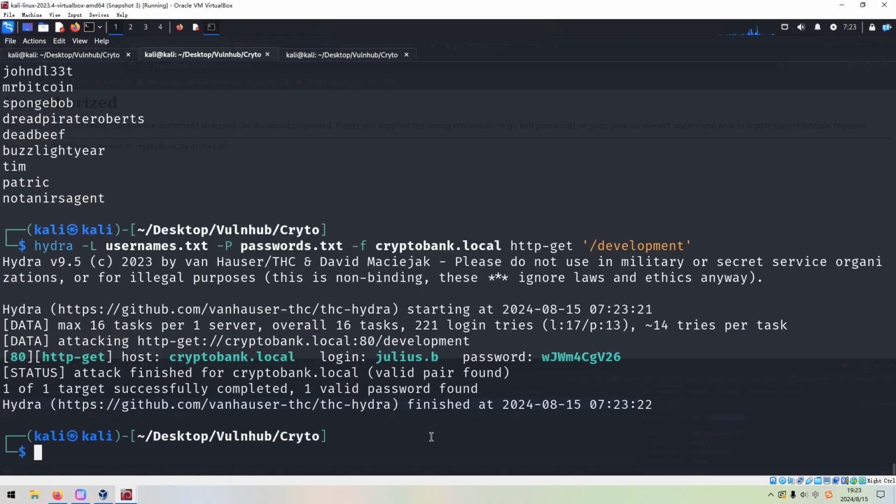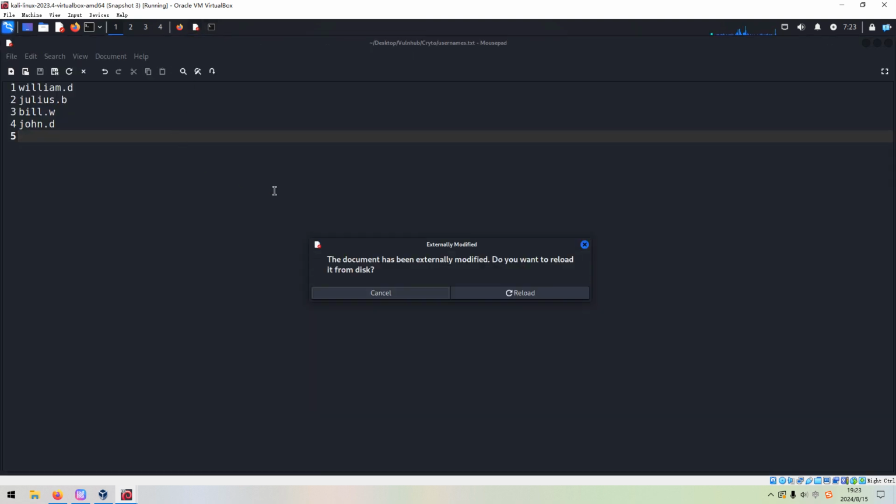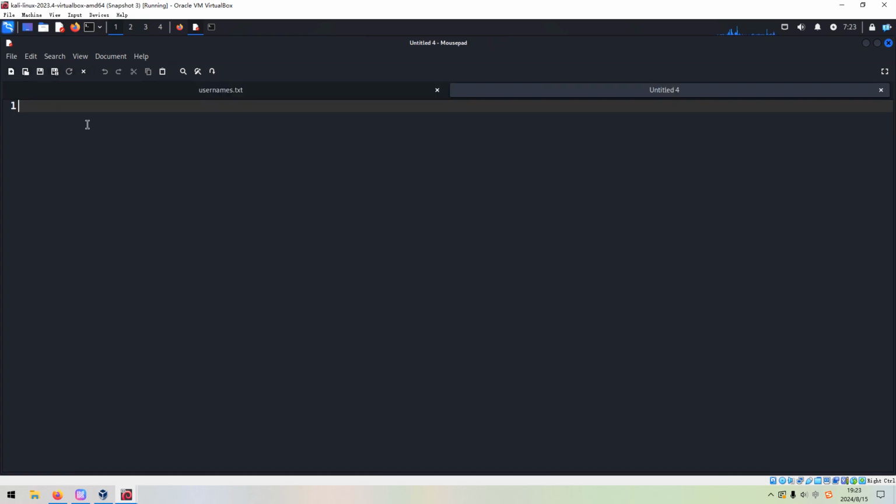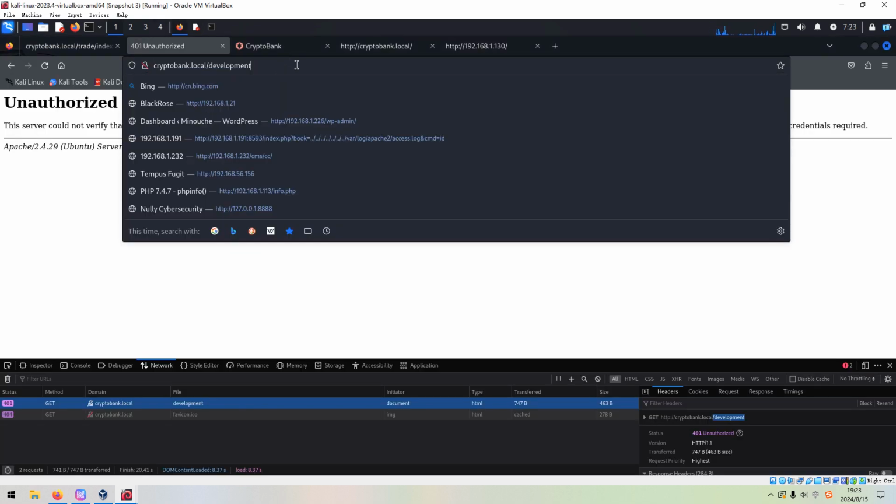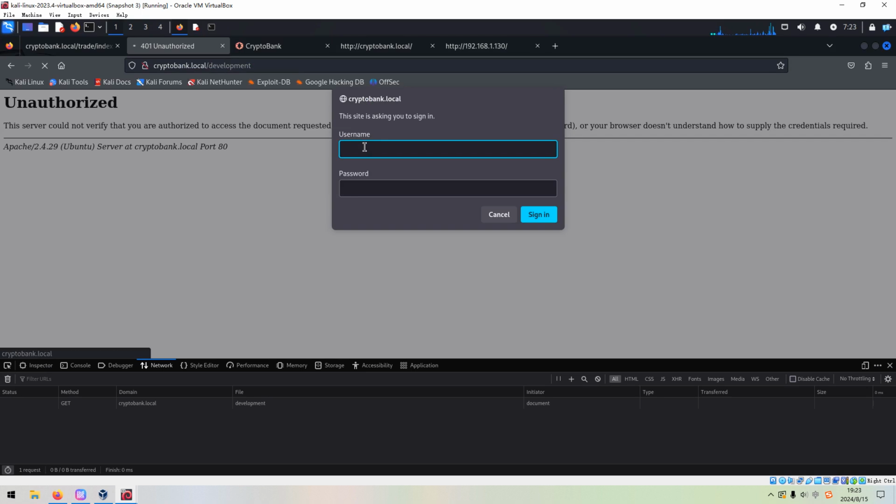As you can see, we successfully got the credentials for the HTTP basic authentication. And we can open up a new tab. And next, I think we can use this credential to log in to the development application.